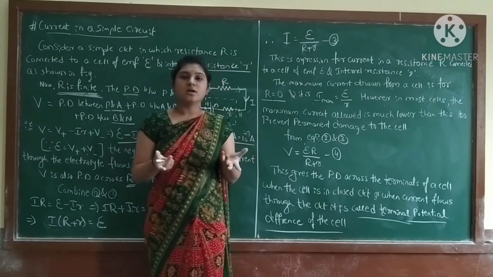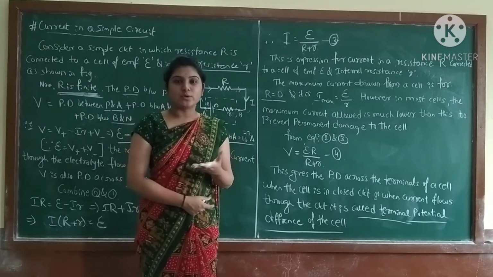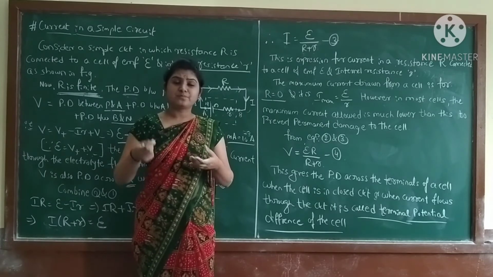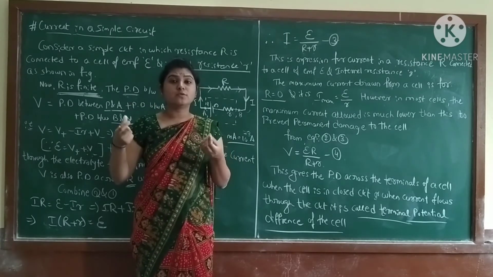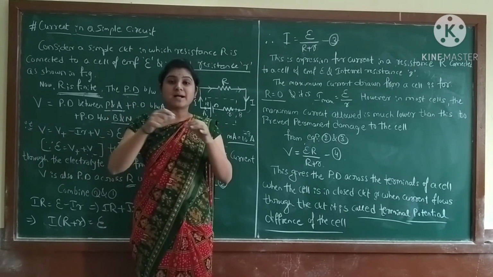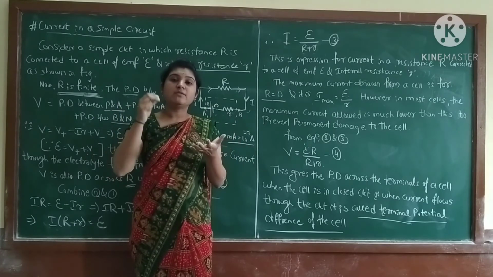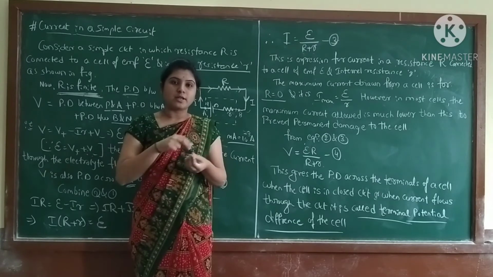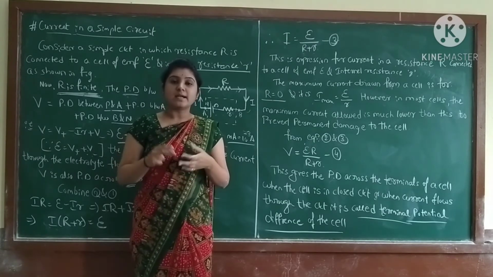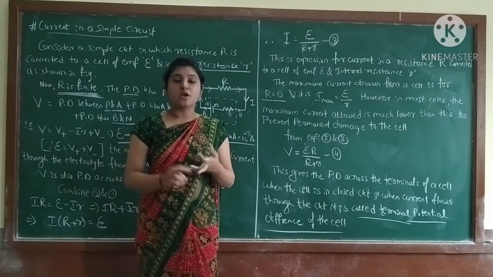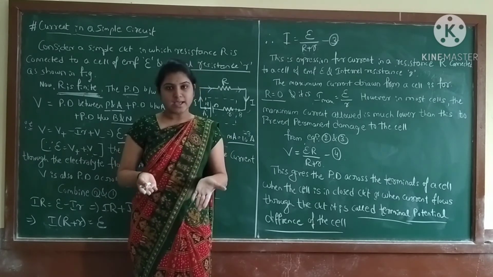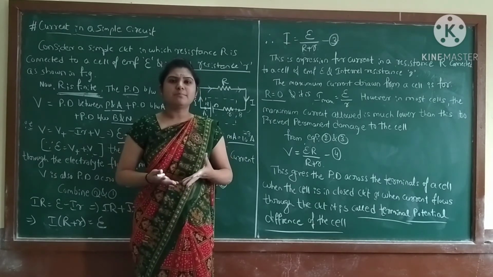Yes, you are using some instruments while doing the experiments. Correct? So what will happen? If you allow more current, more current will pass through them. Definitely it will affect the other instruments present in the experiment. That may affect the battery, or it may affect the voltmeter or the ammeter. Yes or no?